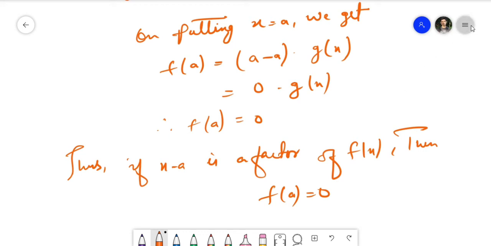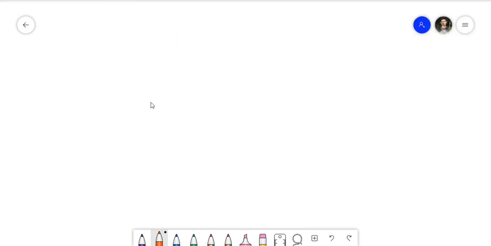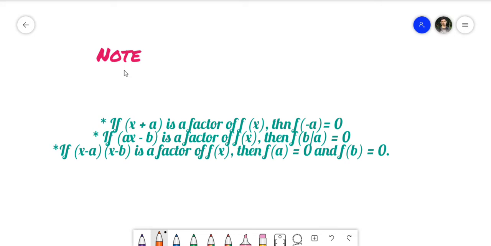ठीक है, इसी चीज को नोट्स में लिख सकते हो। ओके, नोट में लिखने के लिए तुम्हें कुछ करने की जरूरत नहीं है, तो बस यहीं पे नोट में लिख सकते हो, like if x plus a is a factor of f of x, then f of minus a is equal to 0। नंबर 2 देखो, if ax minus b is a factor of f of x, then f of b by a is equal to 0। शॉर्टकट ही है, ठीक है। और लास्ट वाला, if x minus a bracket x minus b is a factor of f of x, then f of a is also equal to 0 and f of b is also equal to 0। So these notes, you remember this, and these are the short terms you can see।